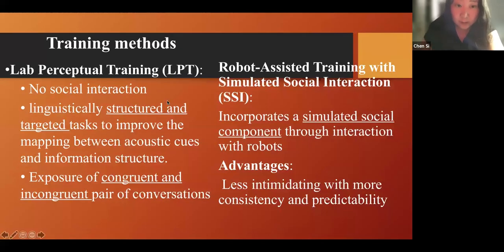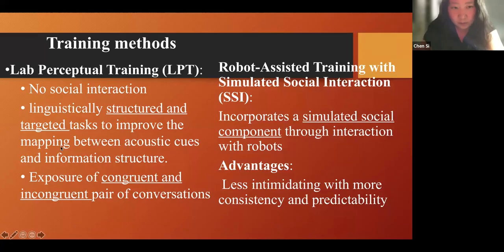So for lab perceptual training, there is no social interaction, and we have linguistically structured and targeted tasks to improve the mapping between acoustic cues and information structure. We have also consulted the tasks that have been effective for autistic individuals. Usually the tasks have to be structured, and also should have a specific target.